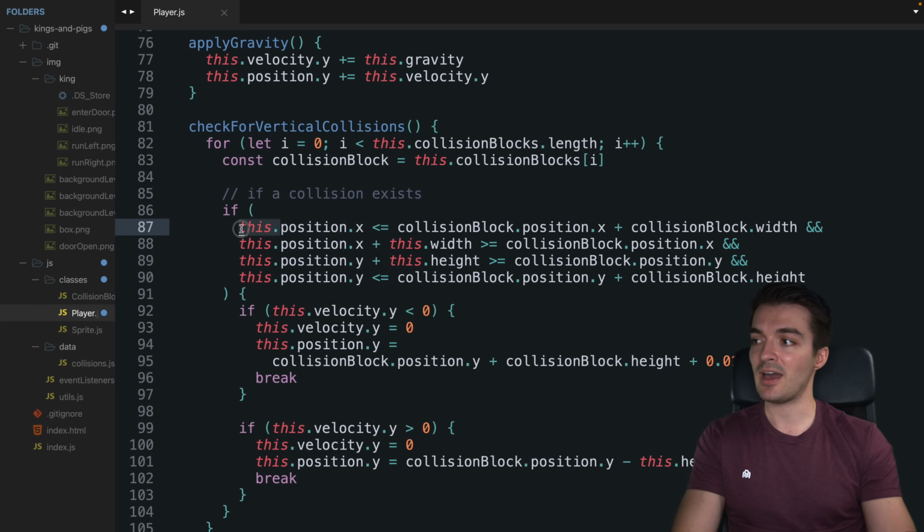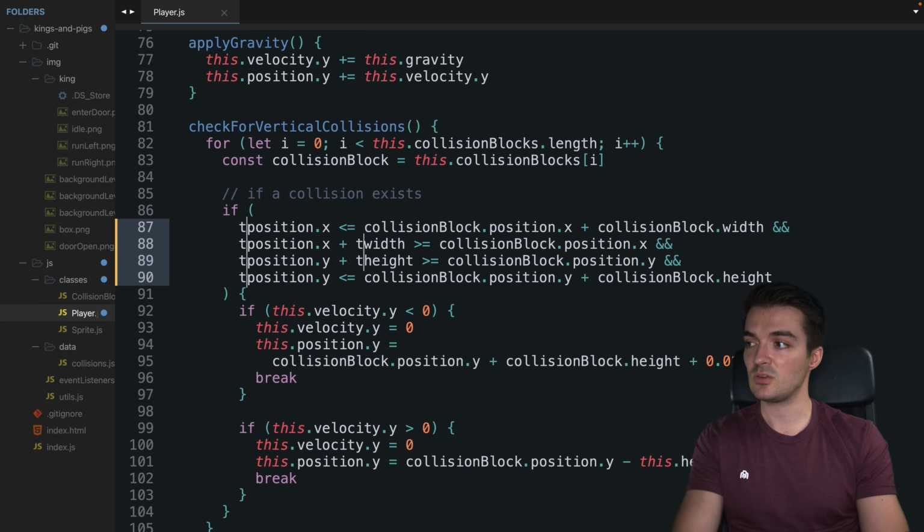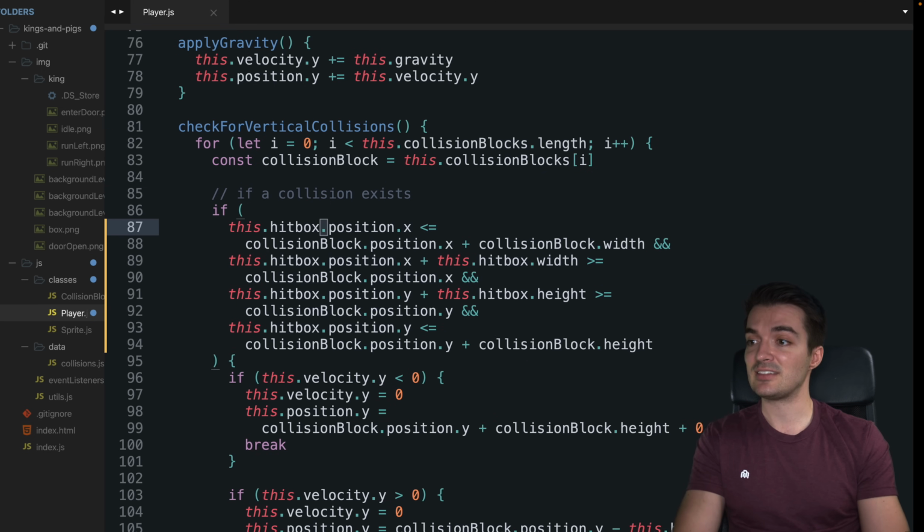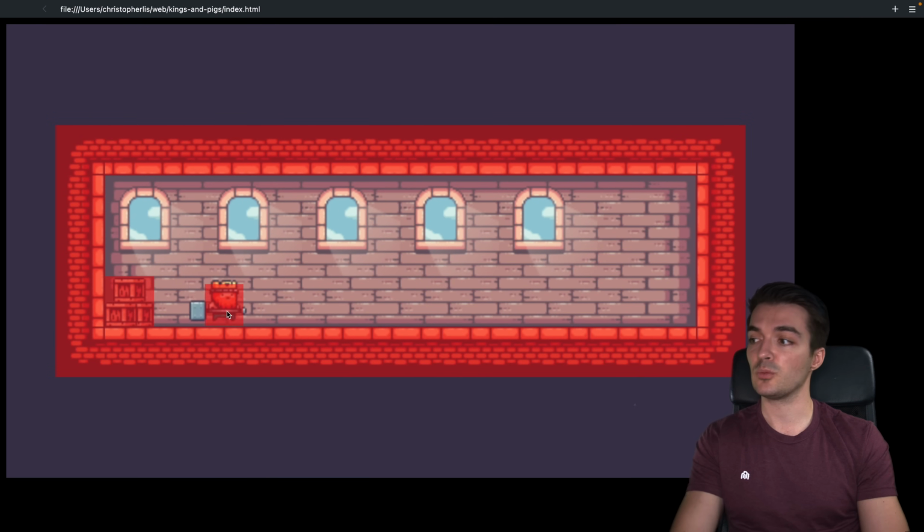So any place where we have this.position.x, this.position.y, this.width, this.height, and so forth, we want to replace that with this.hitbox instead. So let's do that. I'm going to select all 6 of these using Sublime Text, Command D, and then I'm going to change this with this.hitbox.position.x, position.y, width and height. And with this, if we give this a save and refresh, you're going to see we're monitoring for collision with